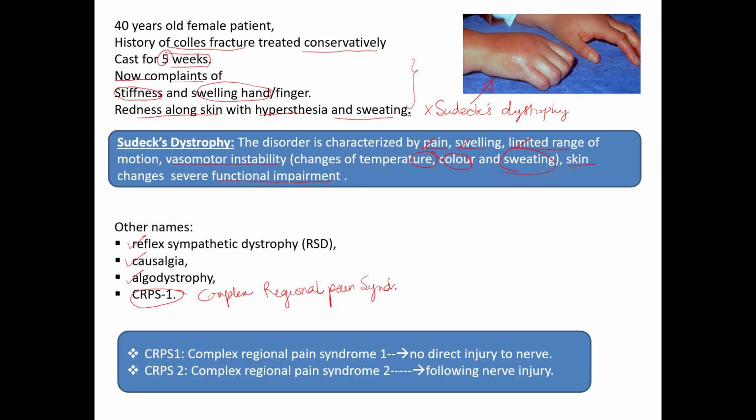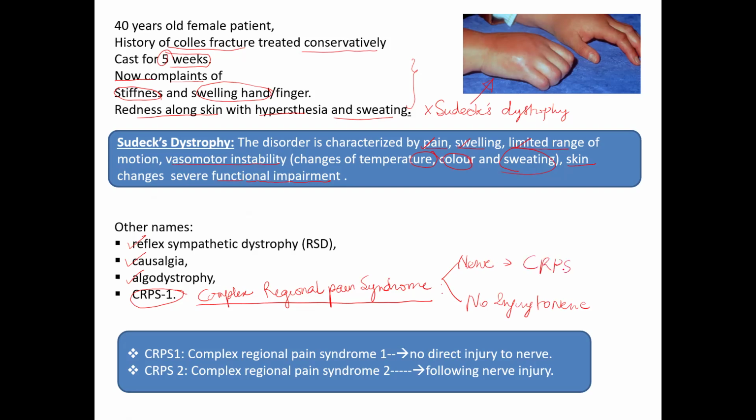So what is complex regional pain syndrome? It is a group of disorders in which there are autonomic and pseudomotor disturbances along the limb after an injury. This injury may be associated with a fracture or any other injury, but the important thing is whether there is direct injury to the nerve or no injury to the nerve. A direct injury to the nerve means, for example, a median nerve cut injury or radial nerve cut injury. If they have these symptoms after recovery, they are called